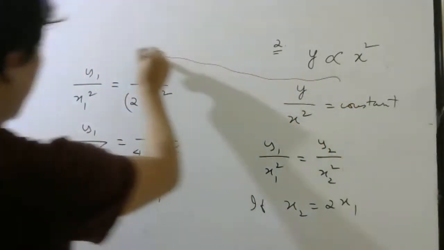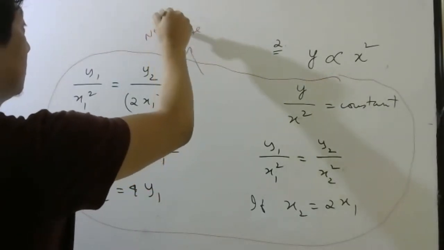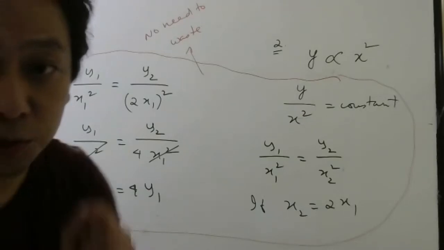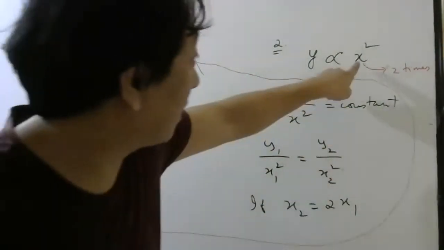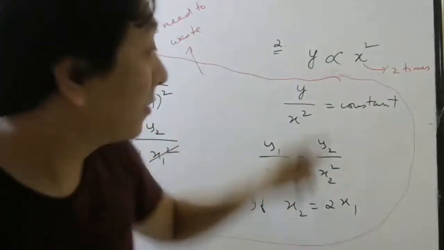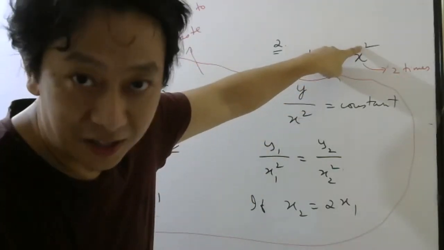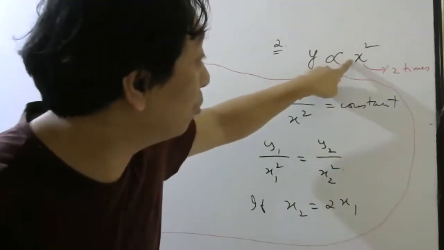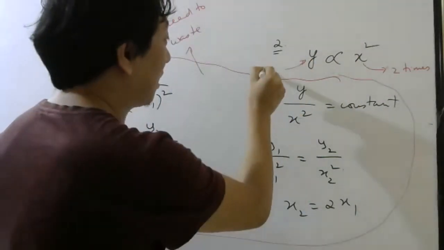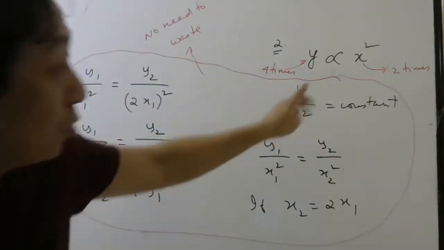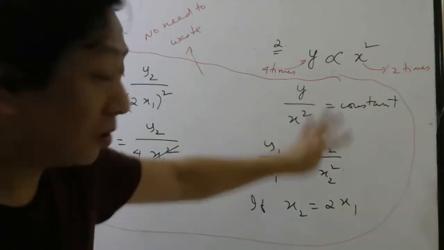Again, I don't want you to waste time here. How to do it faster? Look here. If somebody says x has increased 2 times, meaning doubled, then y will increase how many times? This square is there or not? So if this becomes 2 times, this will become 2 square times. 2 square times means how much? 4 times. So like this, you should be able to write directly. For entrance exams, I'm saying, students. Understood or not? No need to do this calculation.